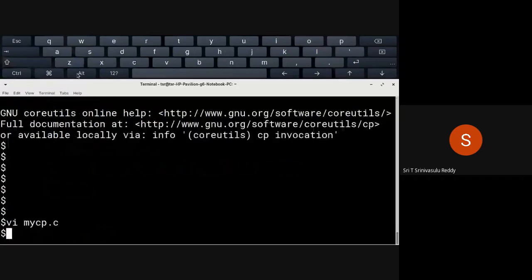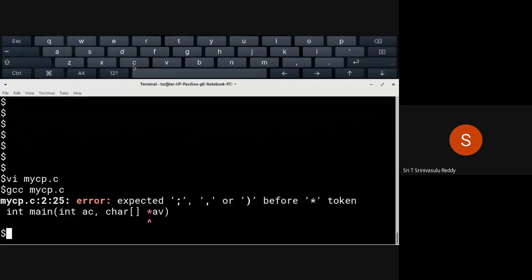Now how are you going to do all that? By simply compiling. You can compile by using gcc mycp.c. Expected semicolon, comma, or something before star token.